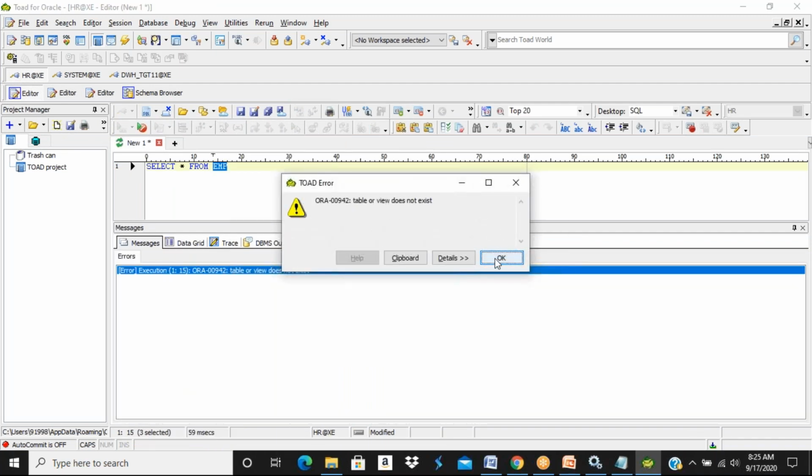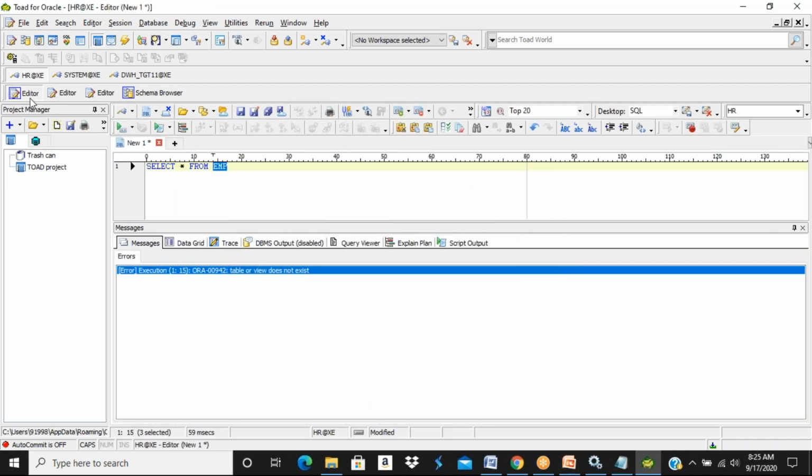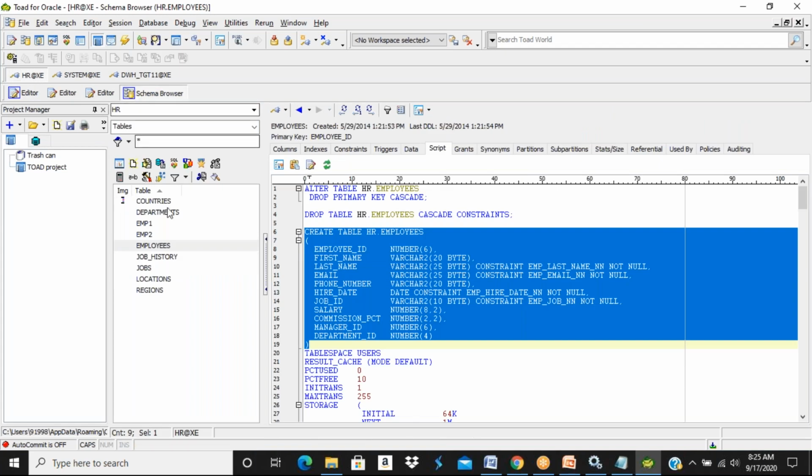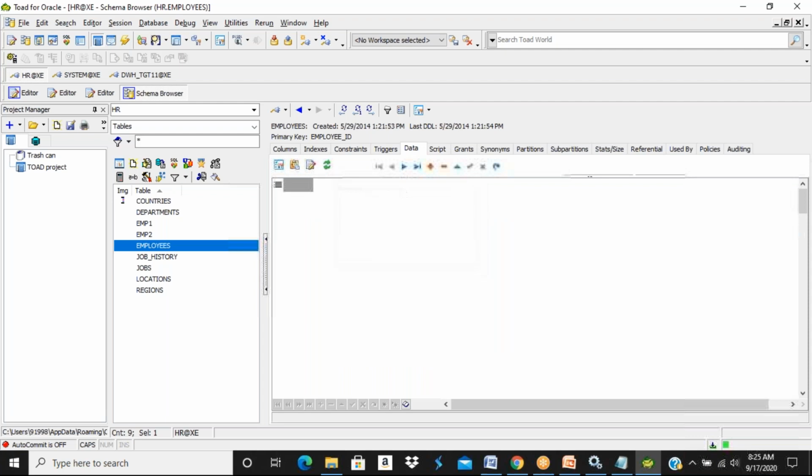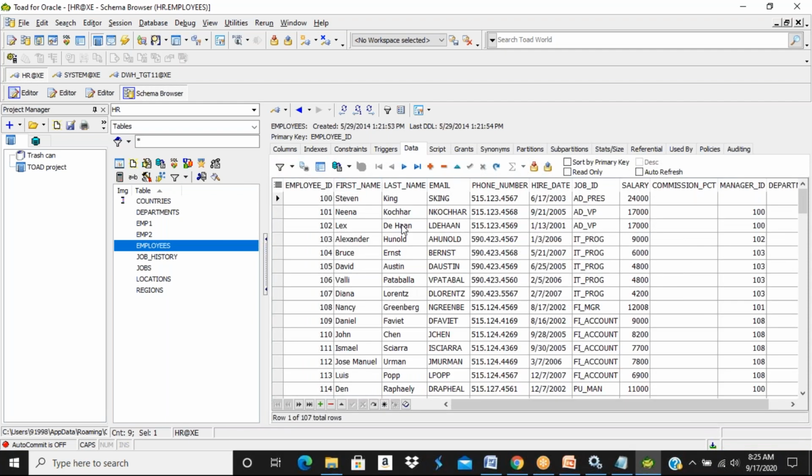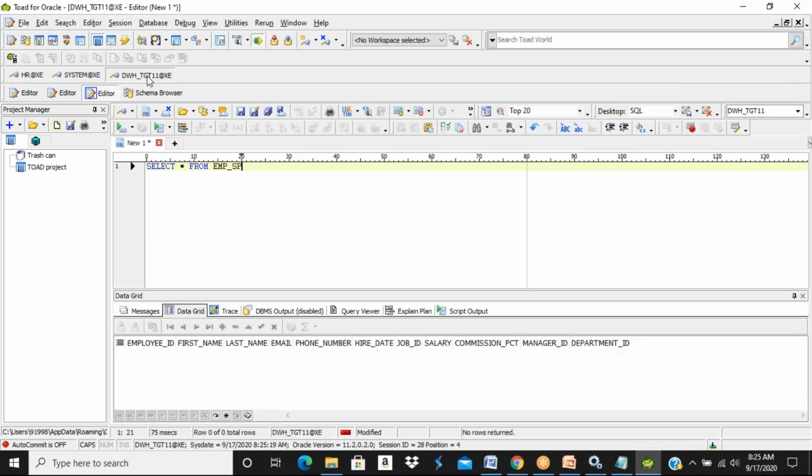Then I need to connect to this particular schema, which I'm assuming as the target system, and load the data into this particular table structure.